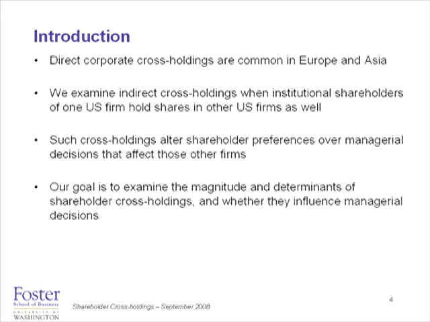And we're looking, of course, at U.S. data on institutional holdings. And so then, because you're internalizing these effects on other firms at different rates, you have this heterogeneity in shareholder preferences over managerial decisions. Okay? And so this is a general problem: a lot of firm actions will create these externalities, and there'll be different preferences over these firm actions.